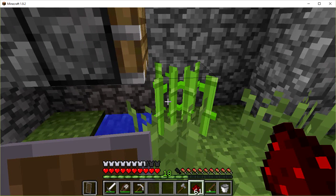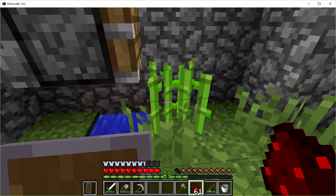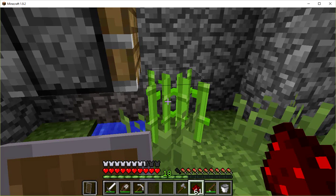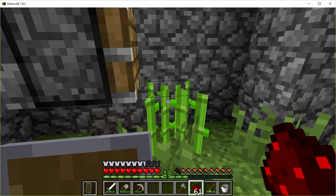Sugarcane's cool because you can make sugar out of it, and with sugar, egg and pumpkin, only 3 ingredients, you can make pumpkin pie, which has really good food value. I went scouting and I found some pumpkins, so we're going to look at those later on, and we're going to see about making some pumpkin pie. But first I wanted to talk about this new automated technique for raising